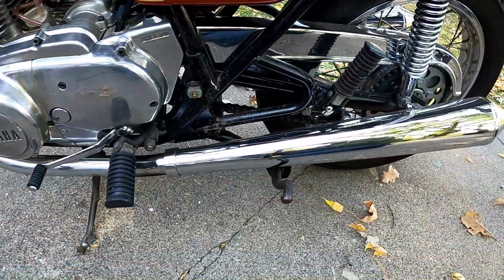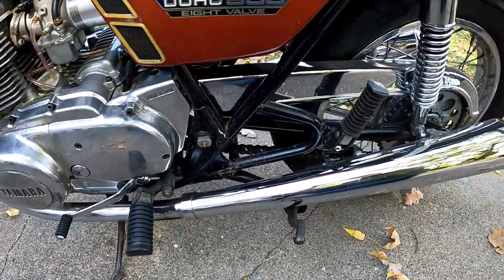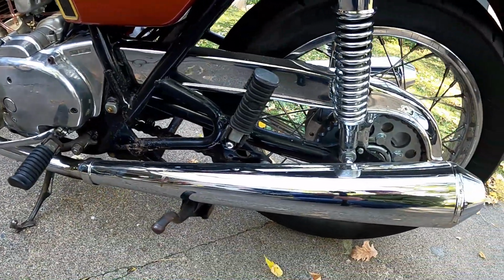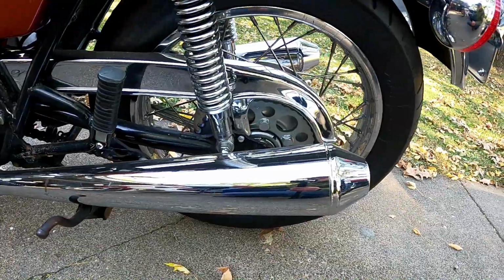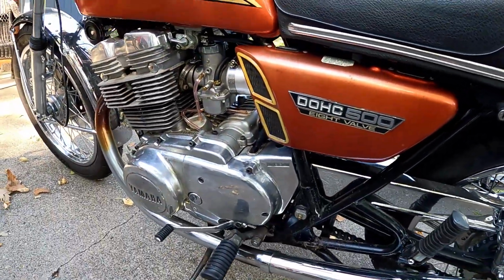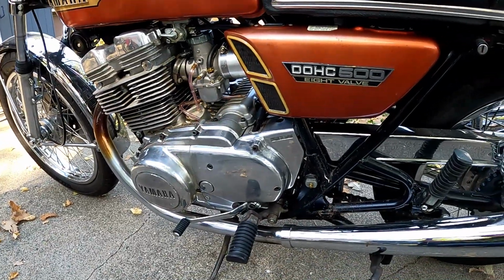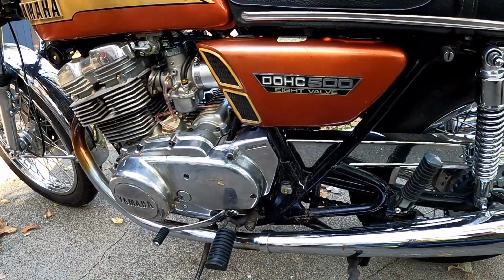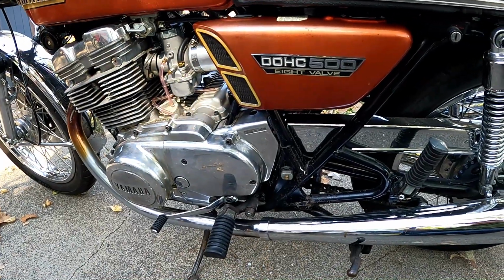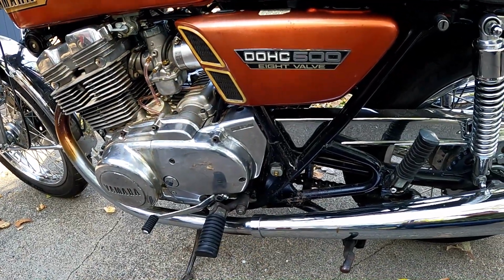The engine is actually very, very sweet. I think it's originally rated at about 48 horsepower. I'm sure it's lost some, but not a lot. So that's really the extent of the mods that we've made to this. Some upgrades to the electrical, things just to make it run better, but not a lot significantly